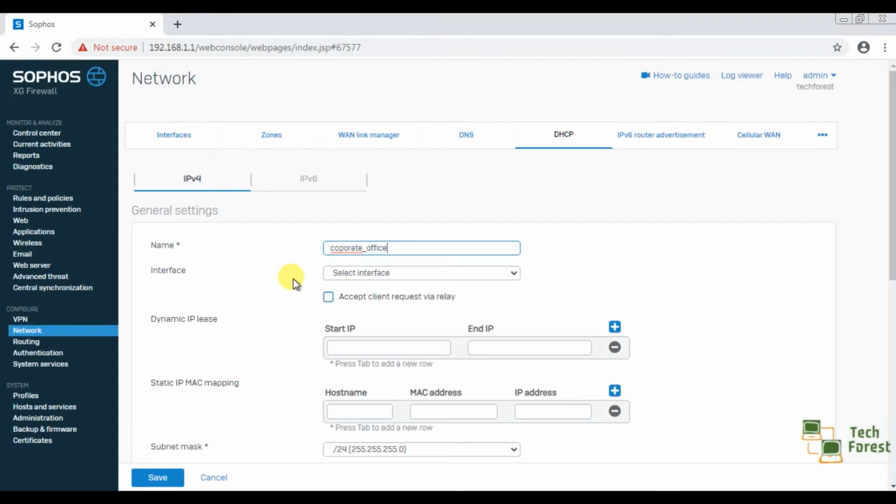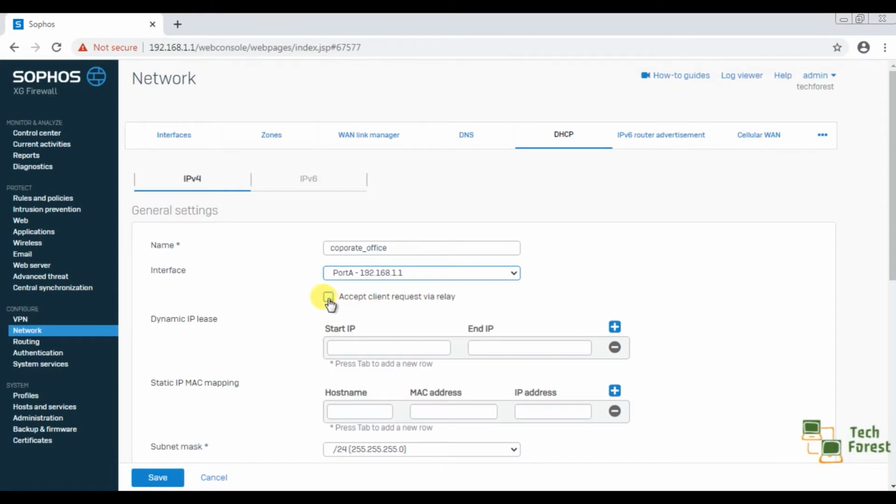In the next option, interface, we can select which interface we want to use for DHCP. Because I am using my virtual firewall, I have only one LAN interface, but in a big company, we use more than one interface as a LAN to divide a big network into smaller parts. So here we will select which interface we want to use for DHCP.